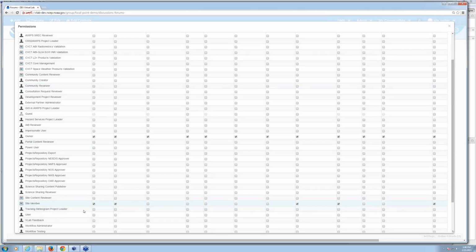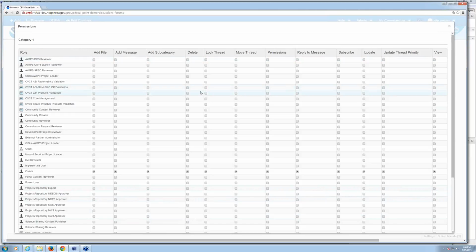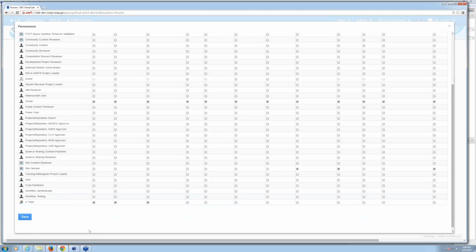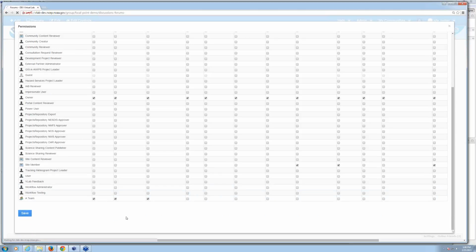But what I want to do is make it so that a normal site member can't add a file or a message to this category, but they can still view it. I've created a team for this community, and I'm going to allow anyone that's a member of this team to do those 2 items, which is add a file, add a message. But I'm also going to allow them to add a subcategory to this as well. And then when I click Save,